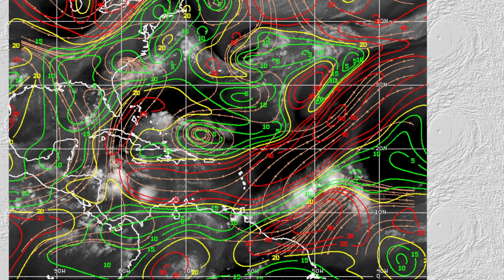Due to this wind shear, of course, it can redevelop in a lot of these warmer waters with the lesser wind shear, but I don't think it has a big potential of becoming a big-time hurricane like a Category 2 or higher. But it still has the potential, of course, to become a Category 1 hurricane or something like that over time, as it exits that wind shear into more favorable conditions, because this is the peak of